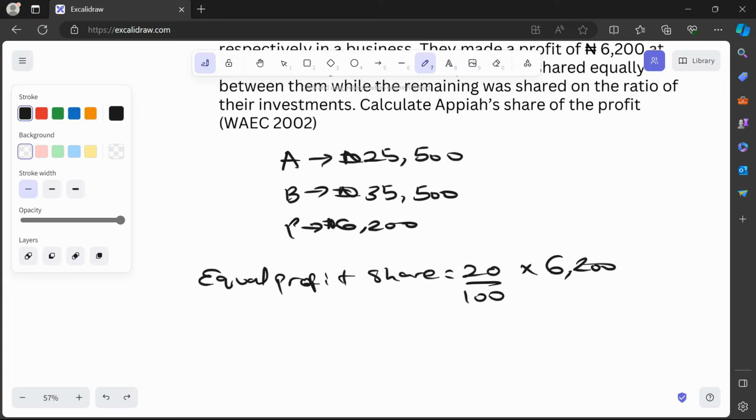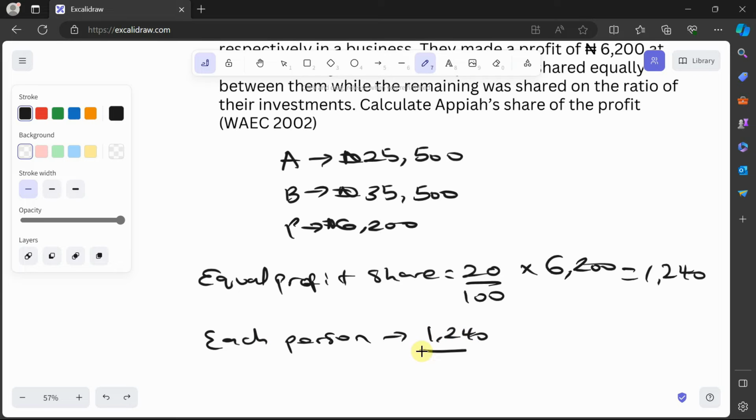Remember, 20 over the full amount, which is 100%, right? So that will be 20 over 100 multiplied by the amount that they're sharing, which is 20 divided by 100 times 6,200. If you press that in your calculator, you see that they shared 1,240. That was the amount that they actually shared equally. So each person would take how much? That will be 1,240